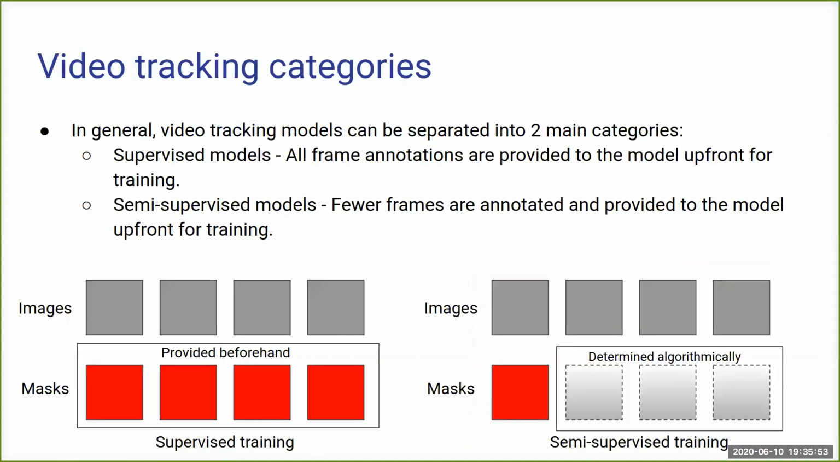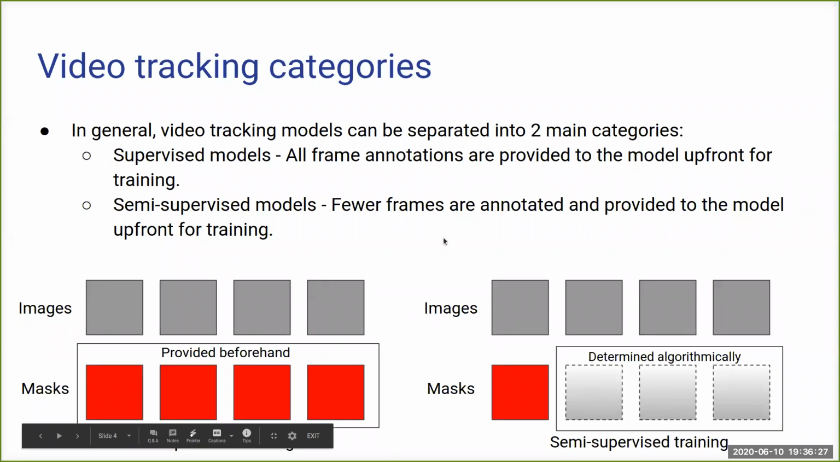We could categorize video tracking into three main categories: supervised models, semi-supervised models, and self-supervised models. In a supervised model, you essentially have all of the masks available to you beforehand for training. So you have input images and output masks, for a U-Net architecture perhaps, if you want to think about it like that. All of this is provided beforehand. In semi-supervised training, essentially you get fewer labels. You might have one fully labeled frame, and you have to determine what the other labels are